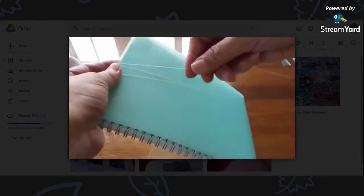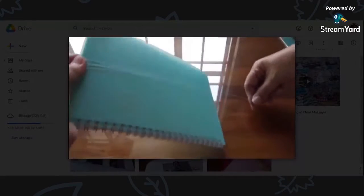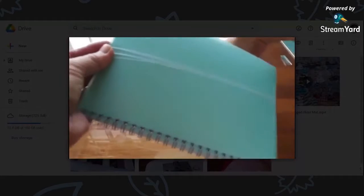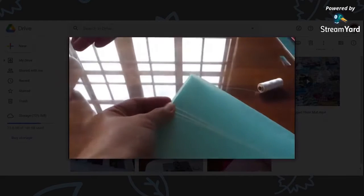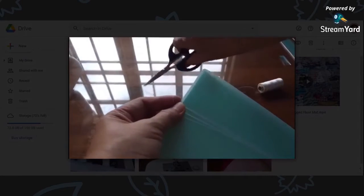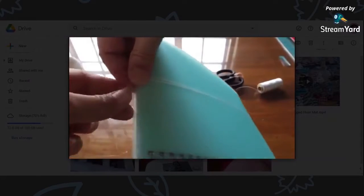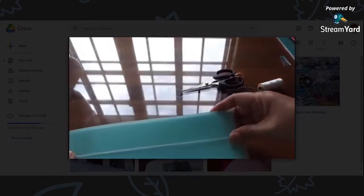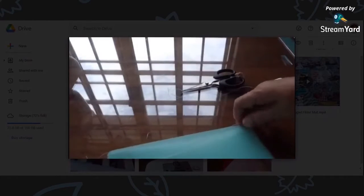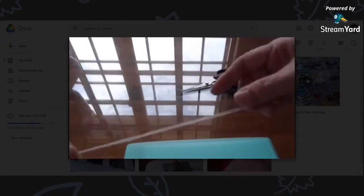5 times. 3, 4, 5. 5 times and cut the thread with a bit of allowance here. Right? So you have looped the thread around the book, with long allowance here, and then push it out of the book. So you have loops of thread like this,